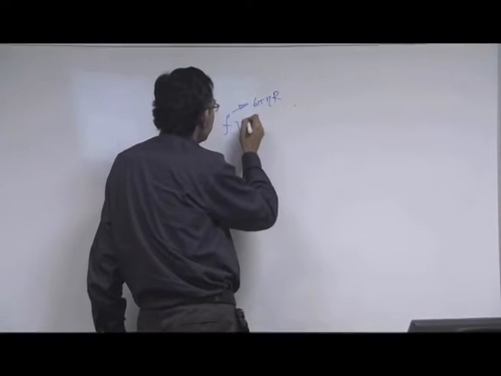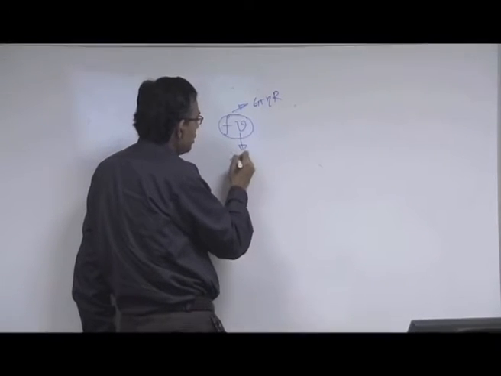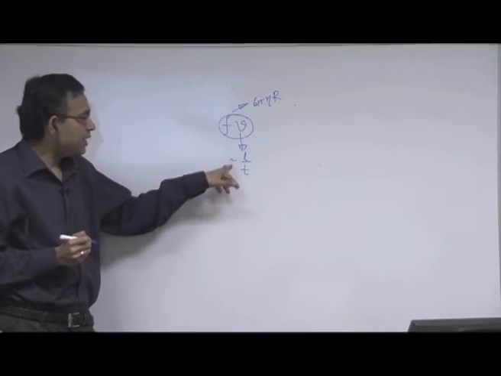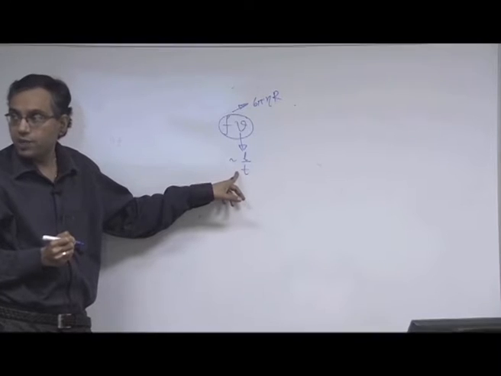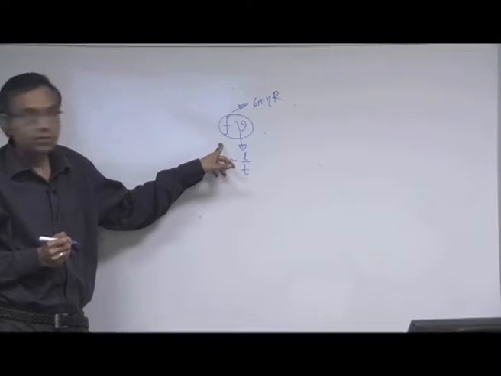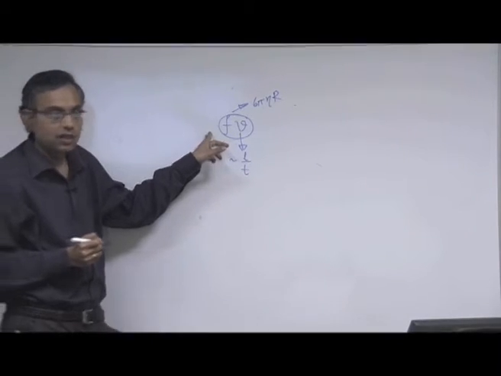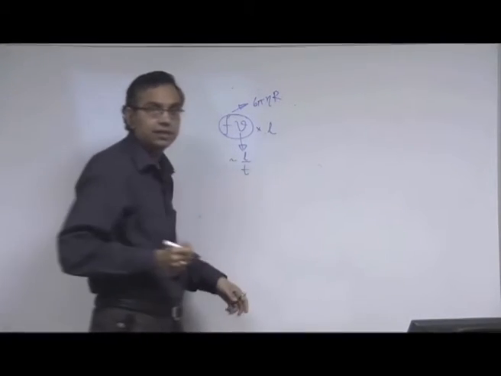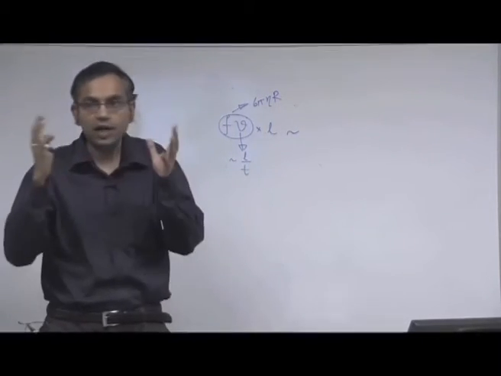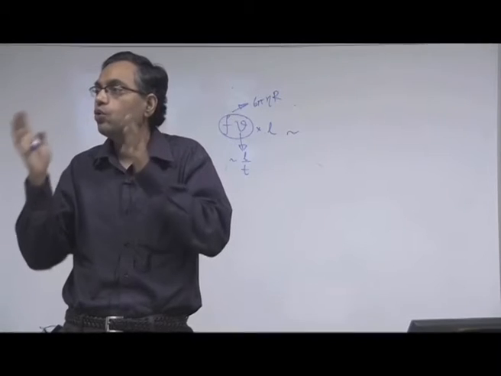So this force, see, V scales with L by T, some characteristic length traversed by the ions over some characteristic time. This is the drag force. What is the work done to overcome the drag force? This is force times the displacement. This work, where do you get the work? Ions have thermal energy. By virtue of their thermal energy, they can get the sufficient energy to overcome this drag.